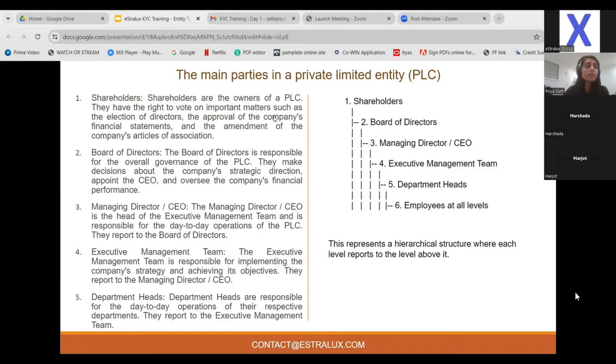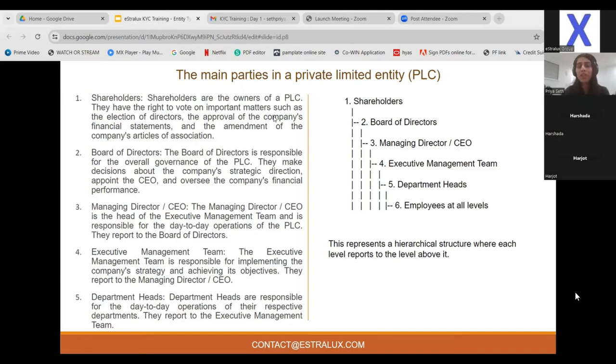Then the third is managing directors or CEOs. They are very high-level position people who know the day-to-day operations. They actually run the company. There has to be someone at the head, right? You cannot have folks just coming together and forming a company. They have to categorize people in order to see that the company is running in a good way, and they have a hierarchy to maintain.